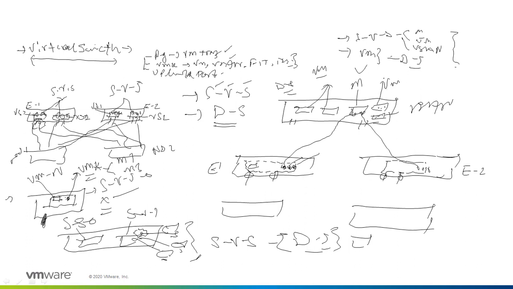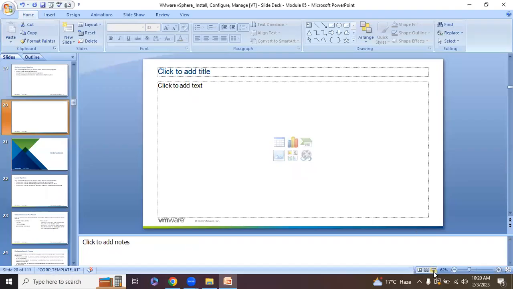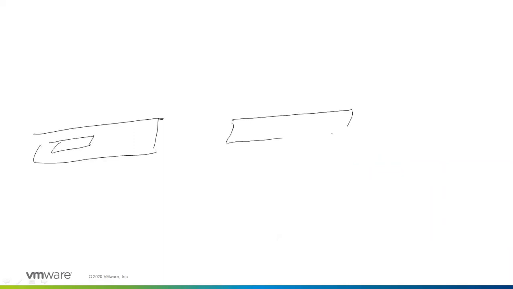When I say hybrid architecture, it means some of the traffic will be managed by a standard virtual switch and some by the distributed switch. This is my one host, this is my other host, this is SVS0, and I am using SVS0 only for management purposes,